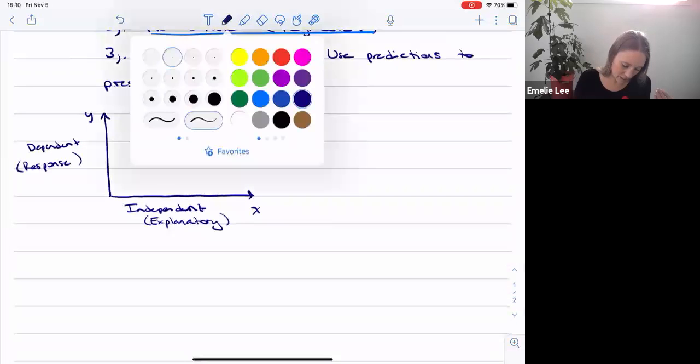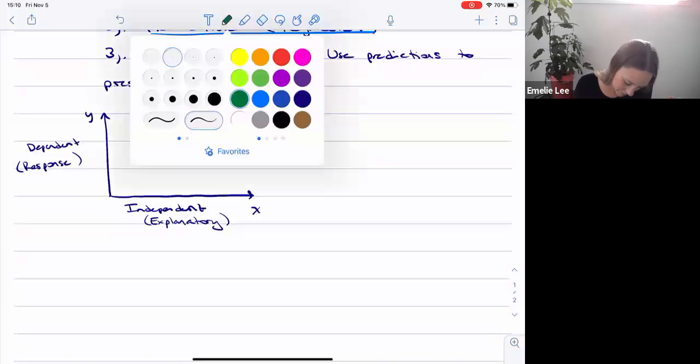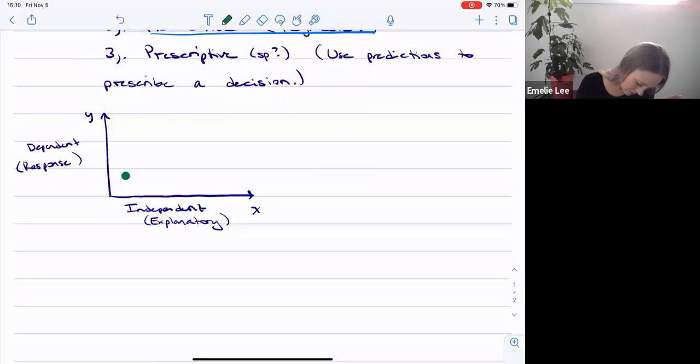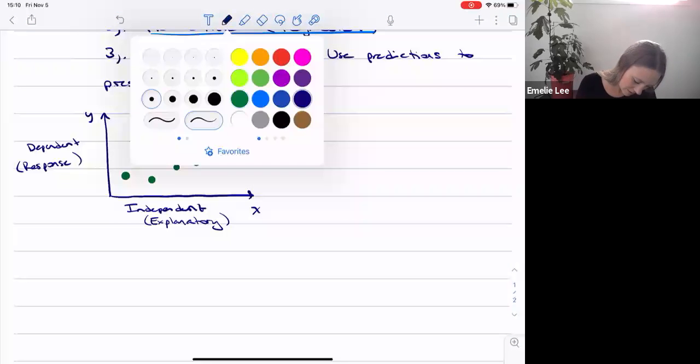Imagine you've got your data here, and I'll make my pen a little bit bigger so I can make some dots here. Maybe like that. So we've got some XY combinations, and I'm trying to build a model to take some value of X and predict the value of the Y that would happen. And so regression,